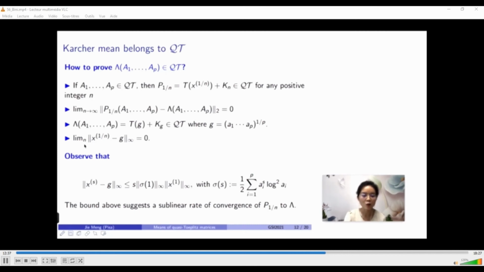And again, we found that for the sequence of the power mean, the sequence of the symbol converges to the symbol of the Karcher mean uniformly. And using this convergence result, we found the convergence rate. Actually, for the convergence of the symbols, we have this inequality, and this inequality suggests a sublinear rate of convergence of 1 over n to the Karcher mean. And this also shows that the convergence of the power mean to the Karcher mean is linear,